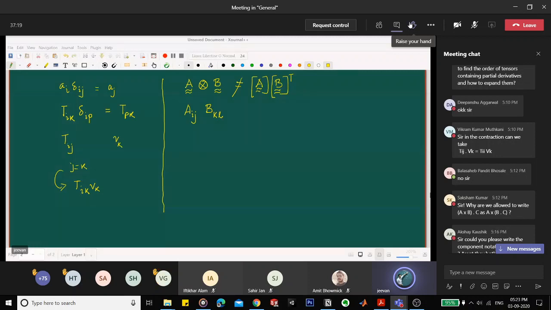I'll go to Saksham Kumar's question. Sir, why are we allowed to write? Oh, see, you have to go back to your high school maths book for this. I'm not going to discuss this. Okay, so you are asking about cross product and dot product. You need to revise that from your +2 textbook. It's absolutely fine to have such doubts, there is no problem, but we are not going to invest time on that here.